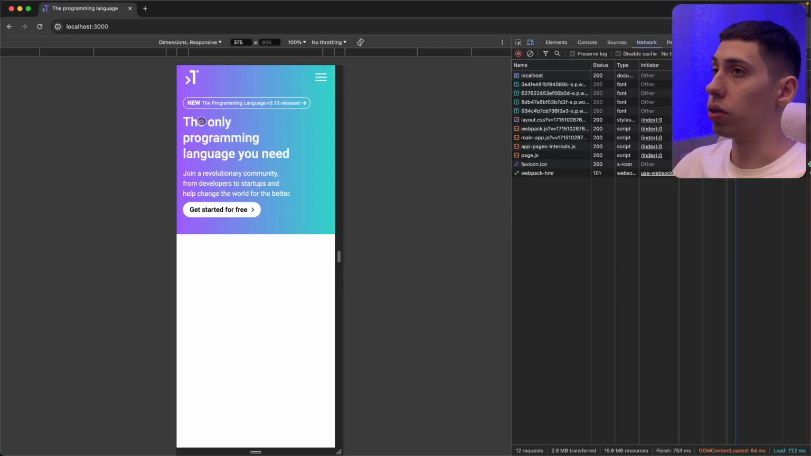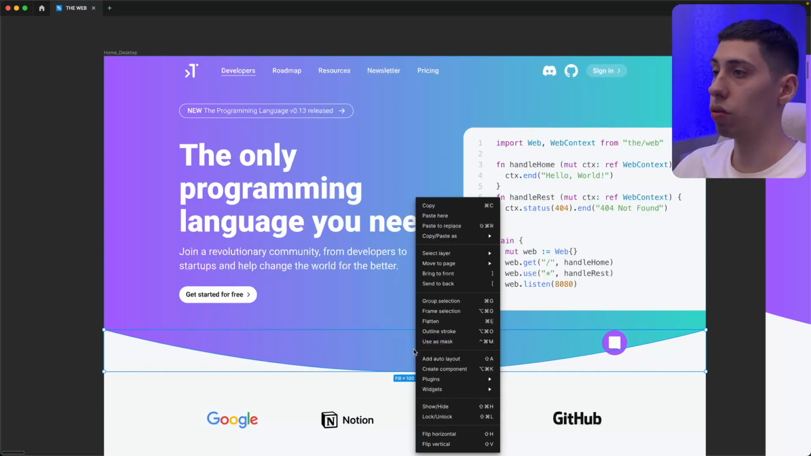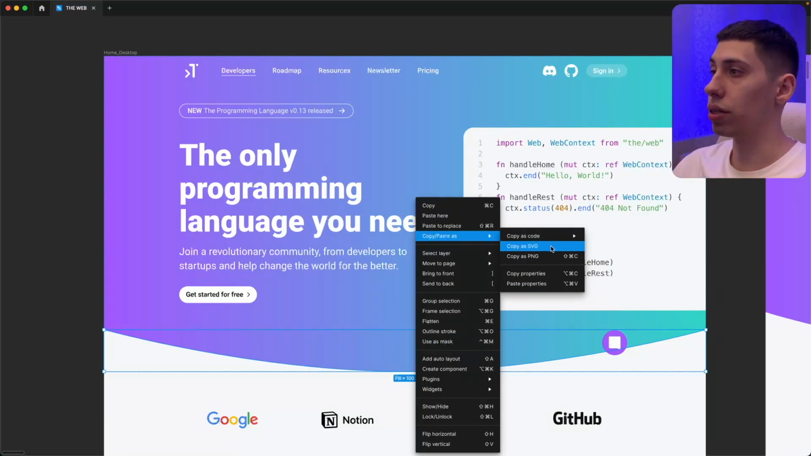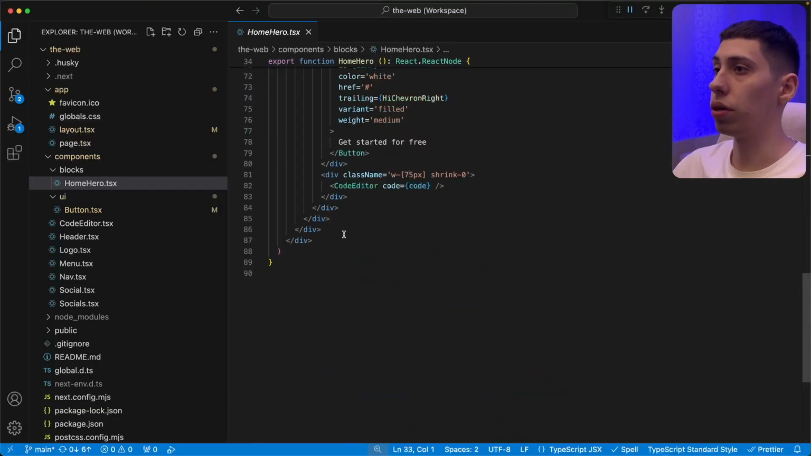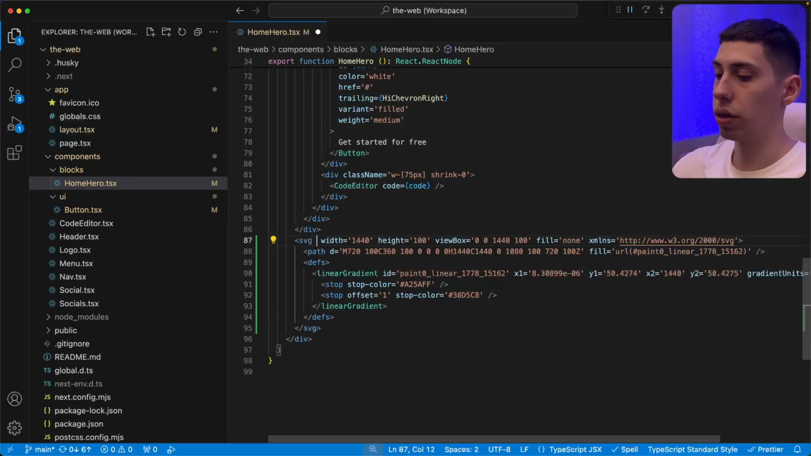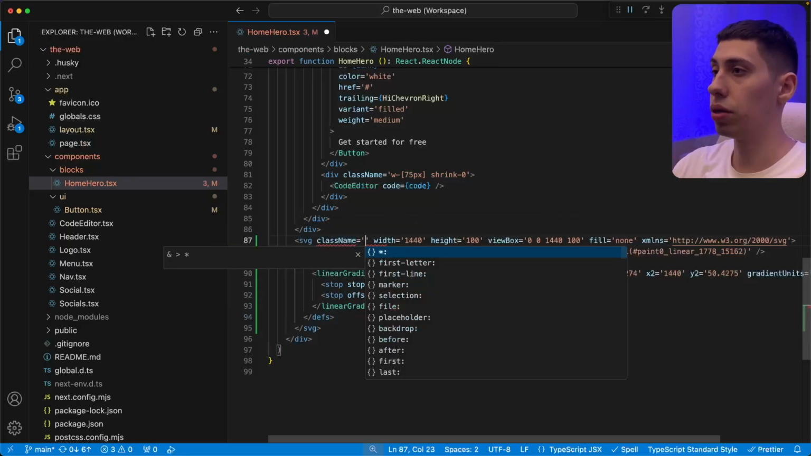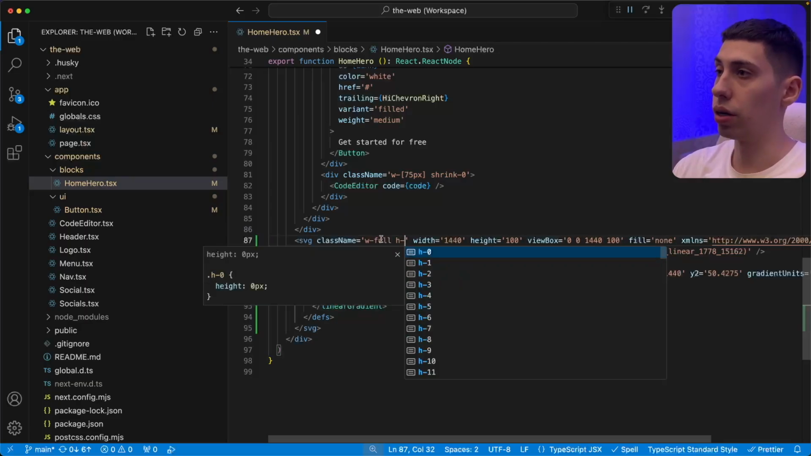Now I can jump into finishing the hero section. On the mobile, the last part left is the wave here. So the way I want to implement this is I want to export this shape as SVG. And then I want to go into home hero and paste it here, like that. Then I will add a class name here. So I will say here width full and height, let's say